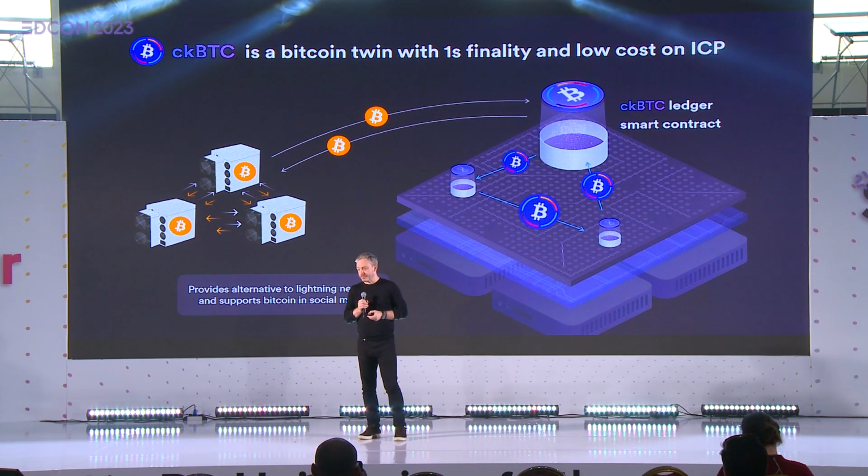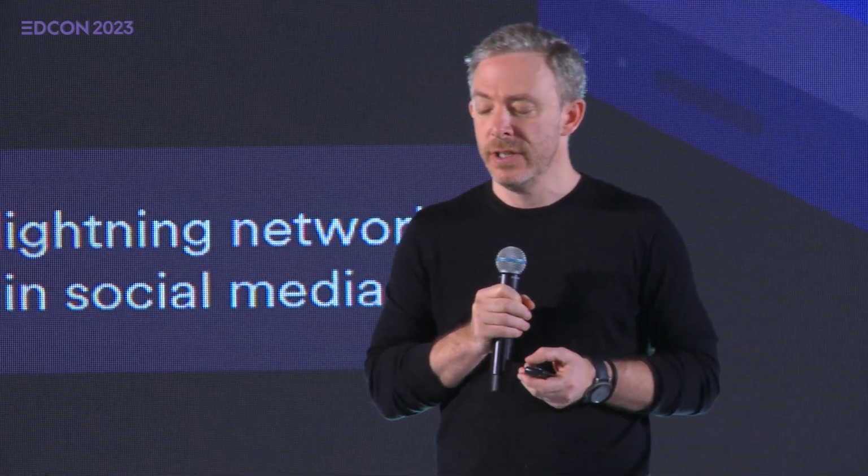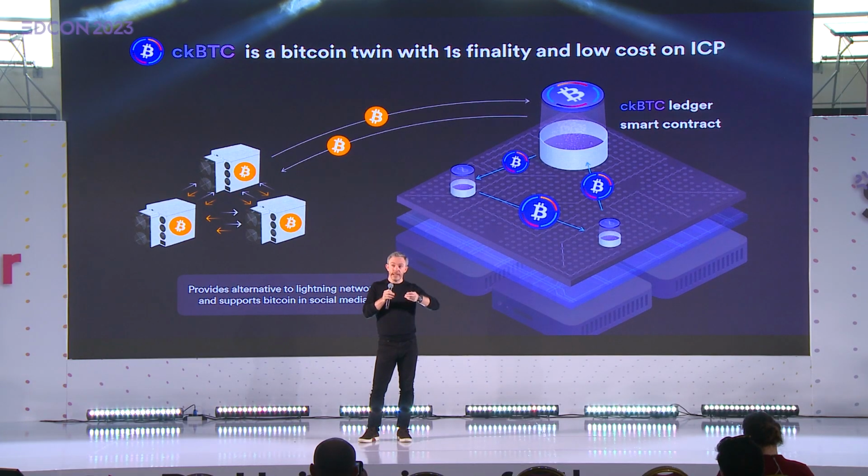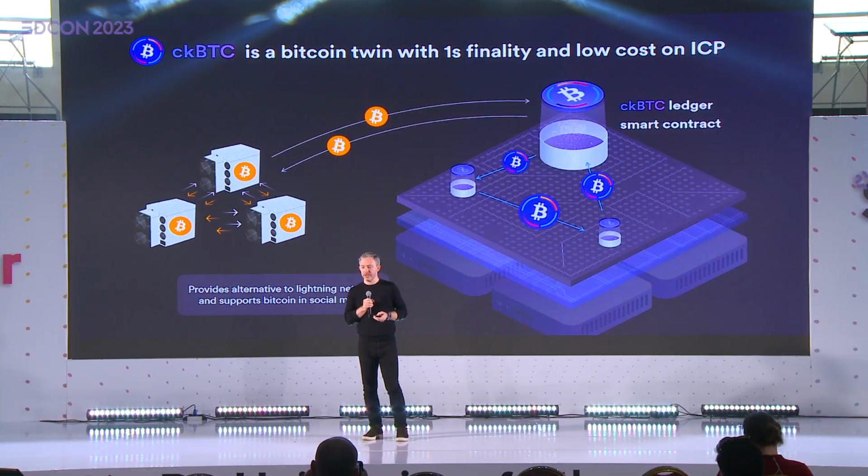So we use the integration with Bitcoin to create something called chain key Bitcoin, and this is hopefully going to see some use in Nagano soon. It gives you an idea what you can do. The Internet Computer, by the way, its nodes talk to the Bitcoin nodes, and they pull blocks, maintain the UTXO set to make it easy for developers. And chain key Bitcoin is just created with a trustless contract. It allows you to transfer Bitcoin with 1 second finality, at an incredibly low cost, like thousandths of a cent.